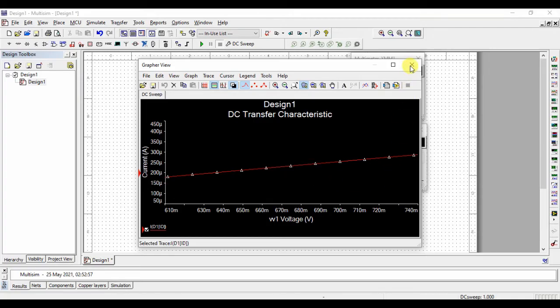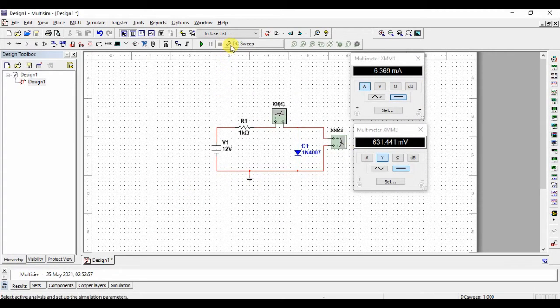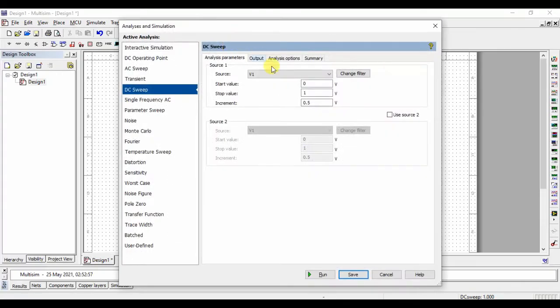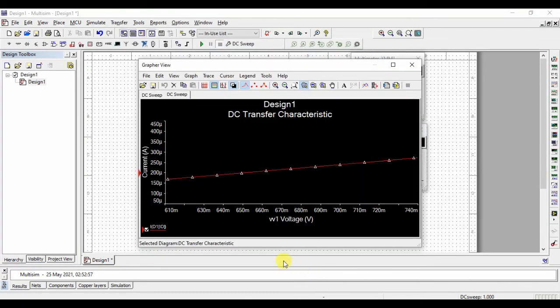Once again we can change the values. I can give an increment of 0.1 on the x-axis, with a change for every 0.1 volt, so we can find the value change on the x-axis and y-axis. Just run this circuit.